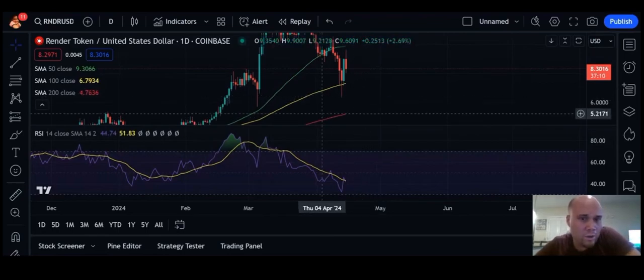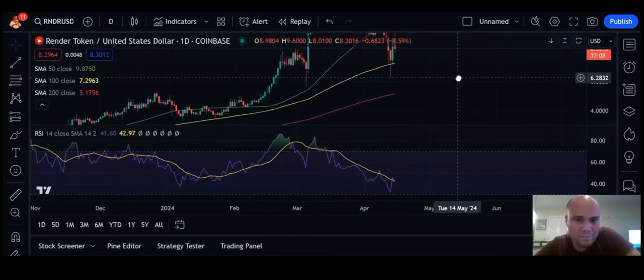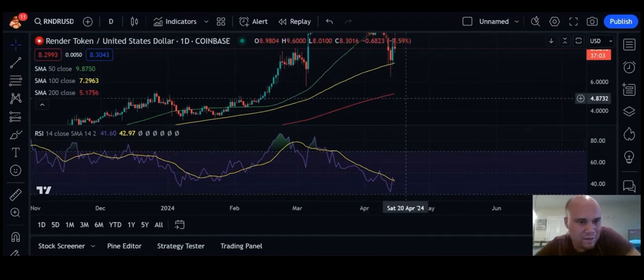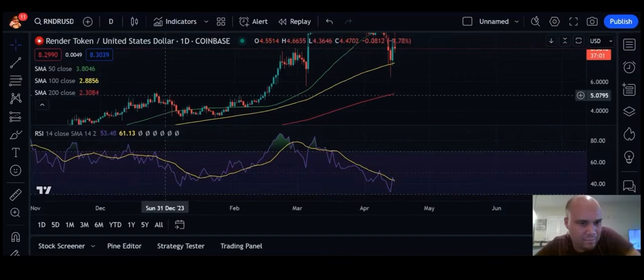Because if we're not able to maintain the $6.30 level, I could see Render going down to where it was trading back in December,